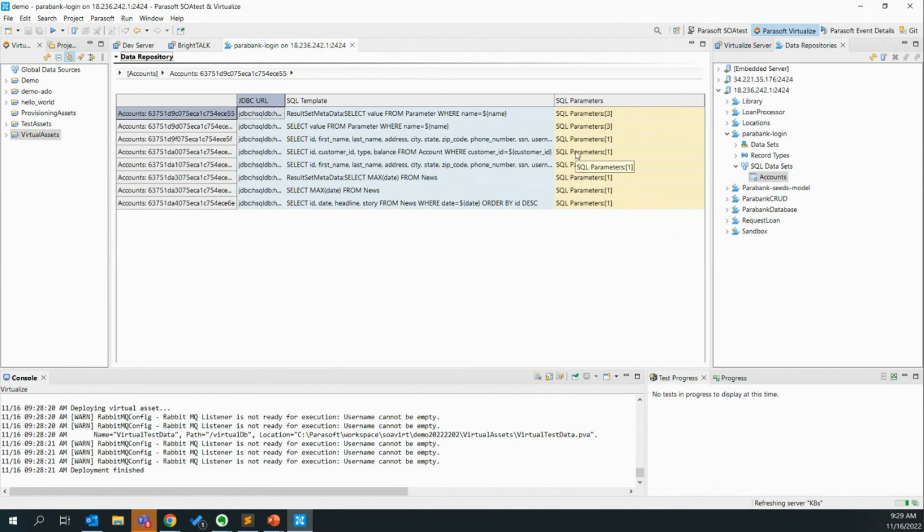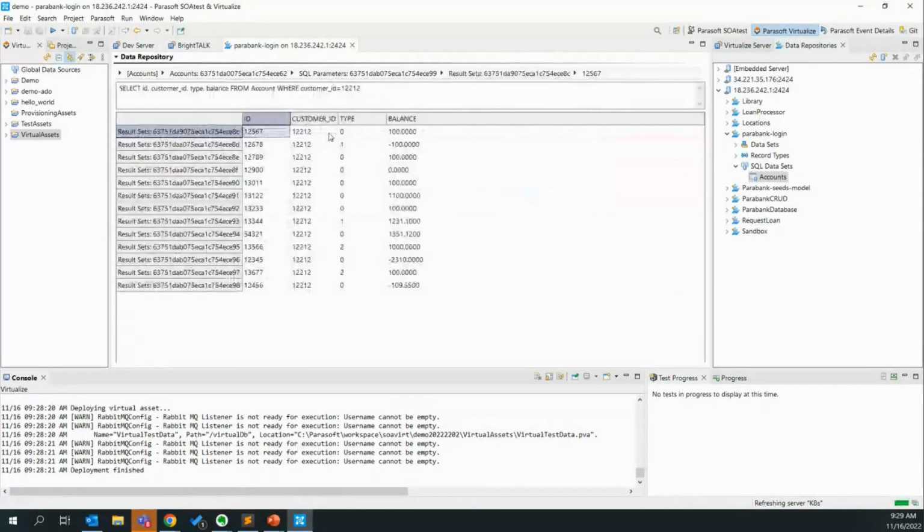And if we drill into the actual data set, for example this one here, this looks like where we're getting account information, type, balance, from account where customer ID is customer ID. We have a result set, and this result set is going to return a list of customer IDs, types, and